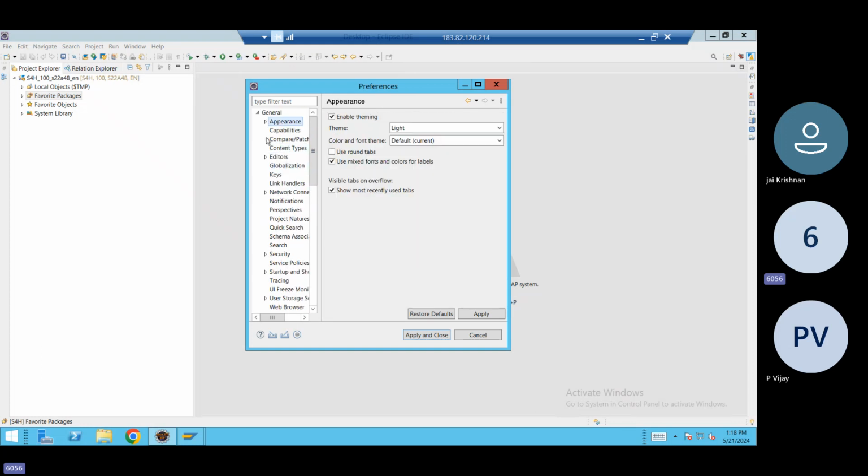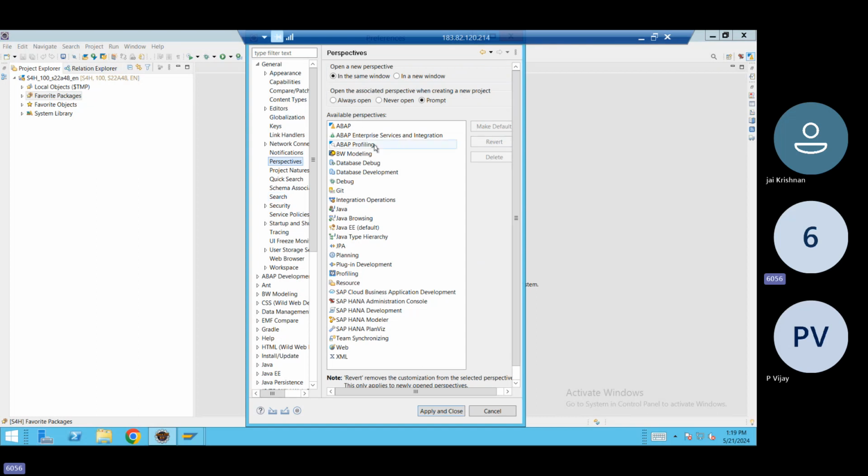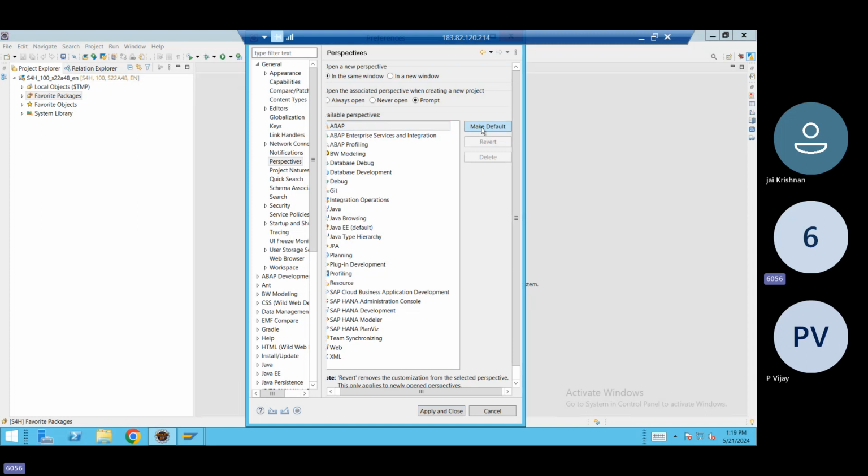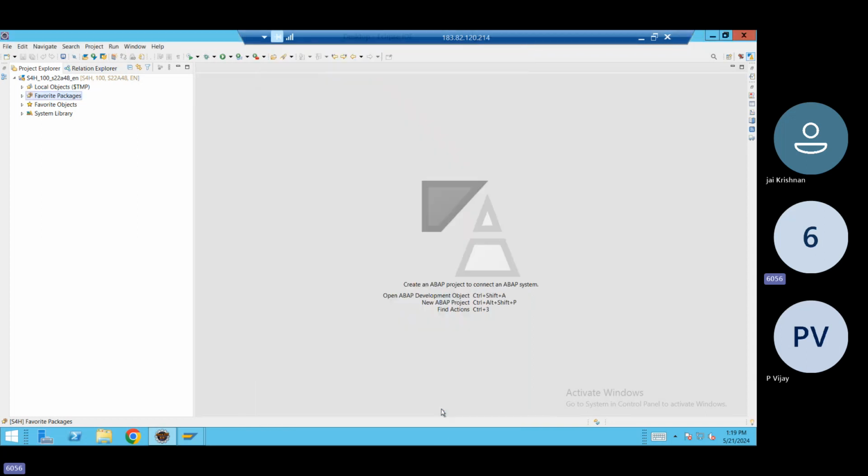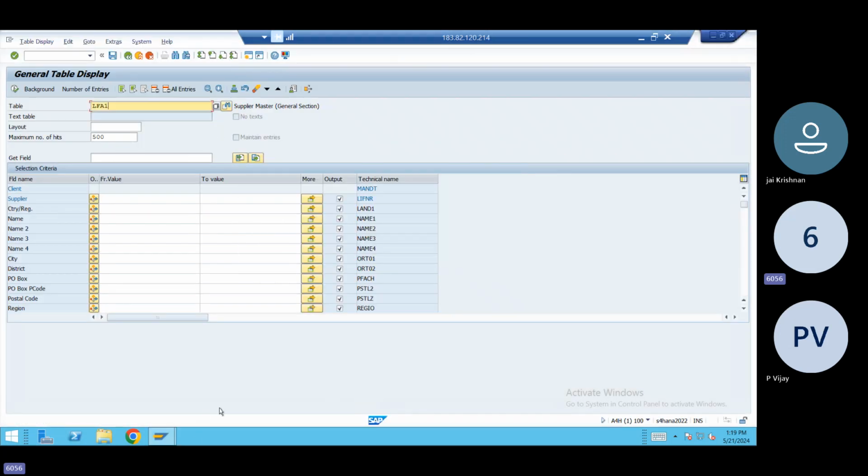Now if I go back to general, you will see something called perspectives. If you want anything to be your default perspective, so when I open my Eclipse I want to see ABAP as the default, I'll just say make it default, apply and close. Now when I close this and open it for the very second time,